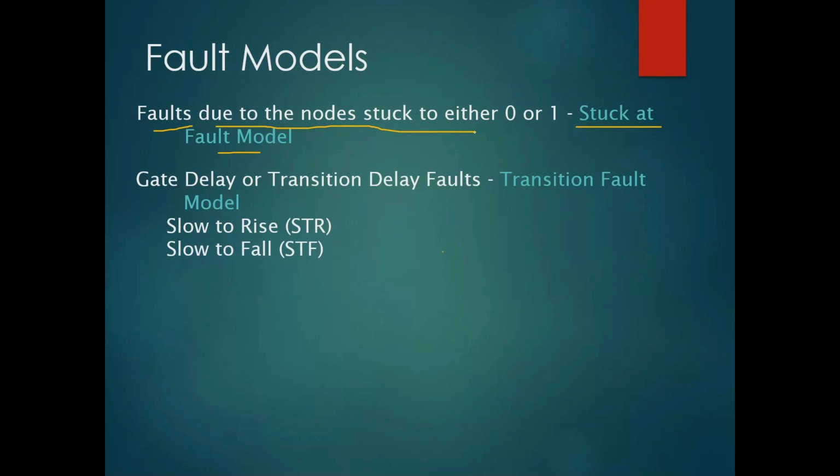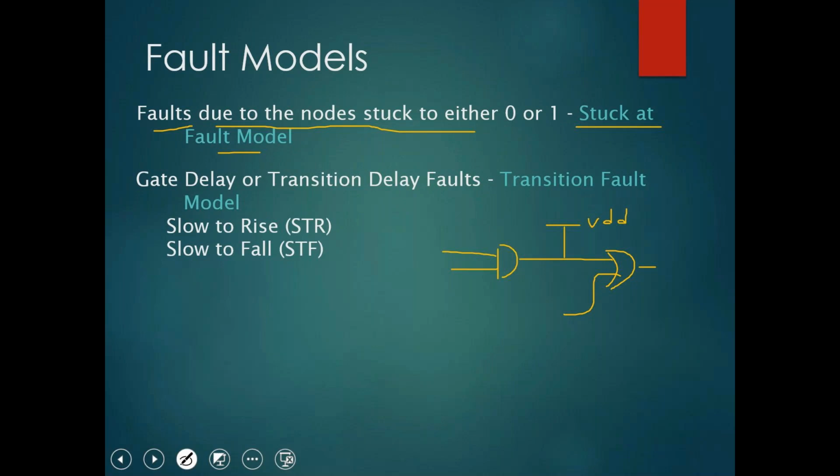How does it happen? Same example: you have an AND gate, and the output is going to another OR gate like this. But during manufacturing, accidentally, unintentionally, imagine that the middle network connection is shorted to a VDD value. Then this OR gate will always see a value of 1. You will never see the operation of the logic in front of the AND gate, which is a clear indication of a defect occurring here. What is this defect? A short connection to the VDD power supply,